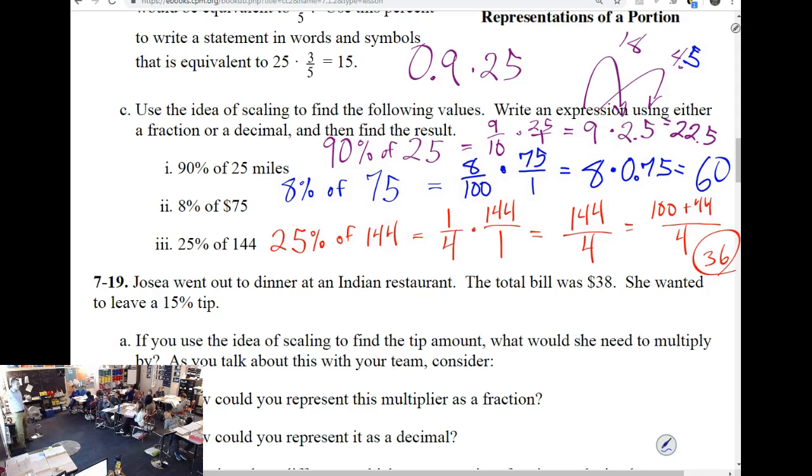Now, if it was 80%, then it'd be 60. Right? So if this was 80% and my smartboard's way off, then it'd be 60. Cool? Questions, comments, concerns, quandaries, queries, qualms, quarrels?